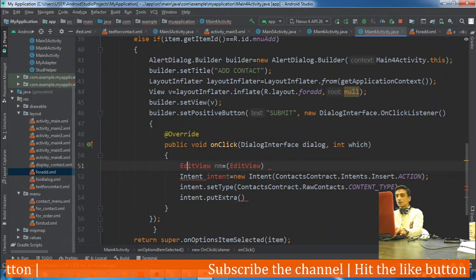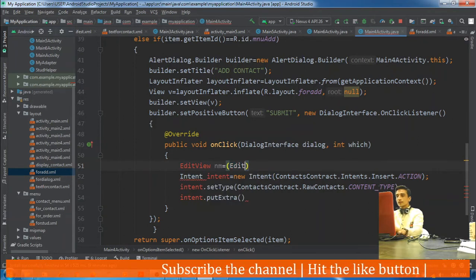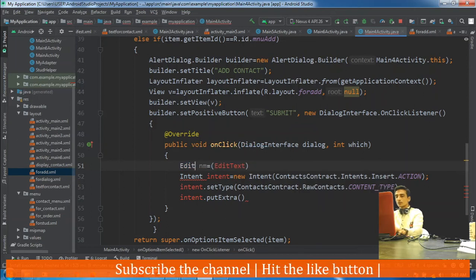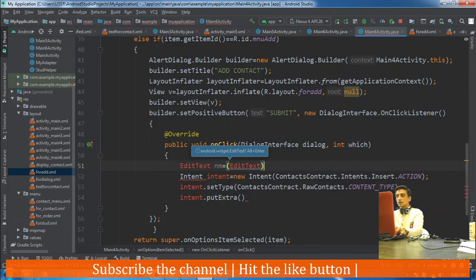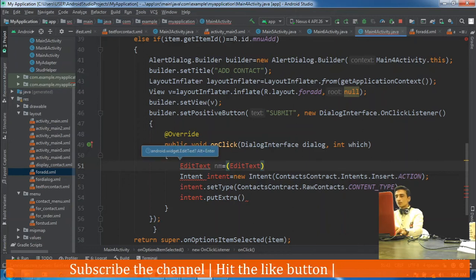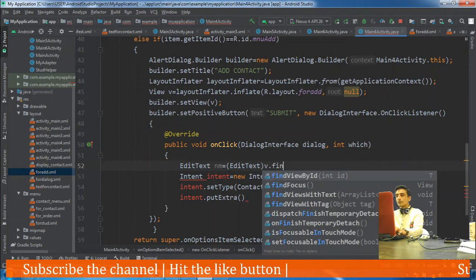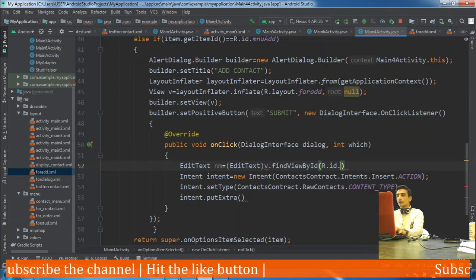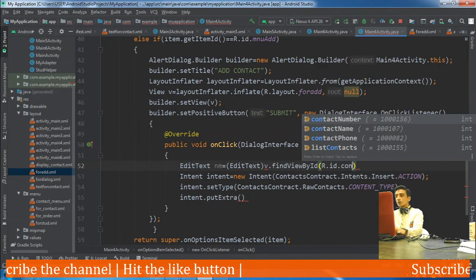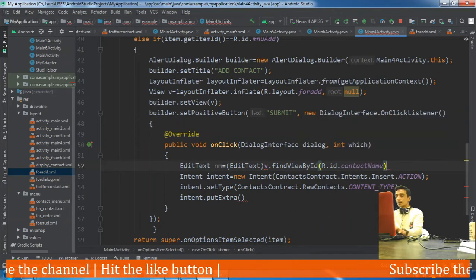EditText, v.findViewById(R.id.contact name).